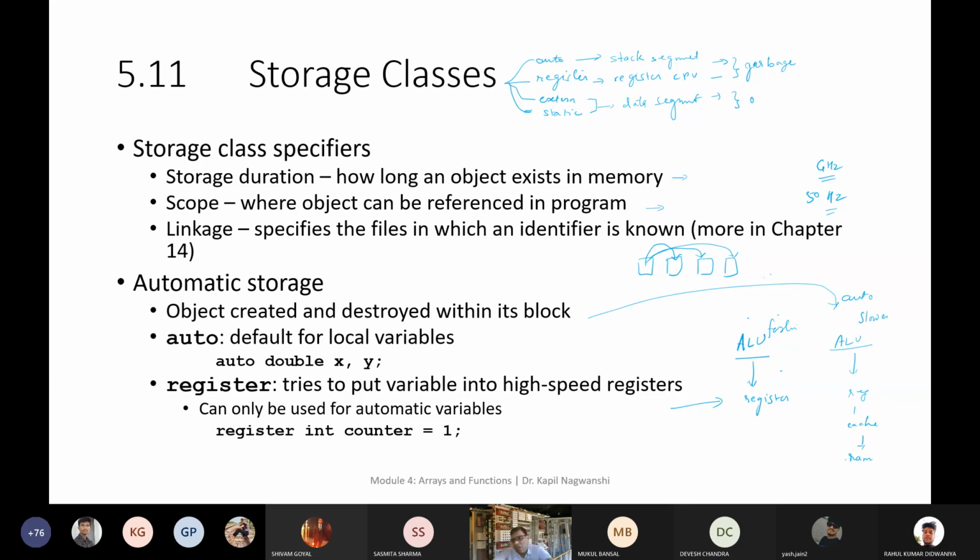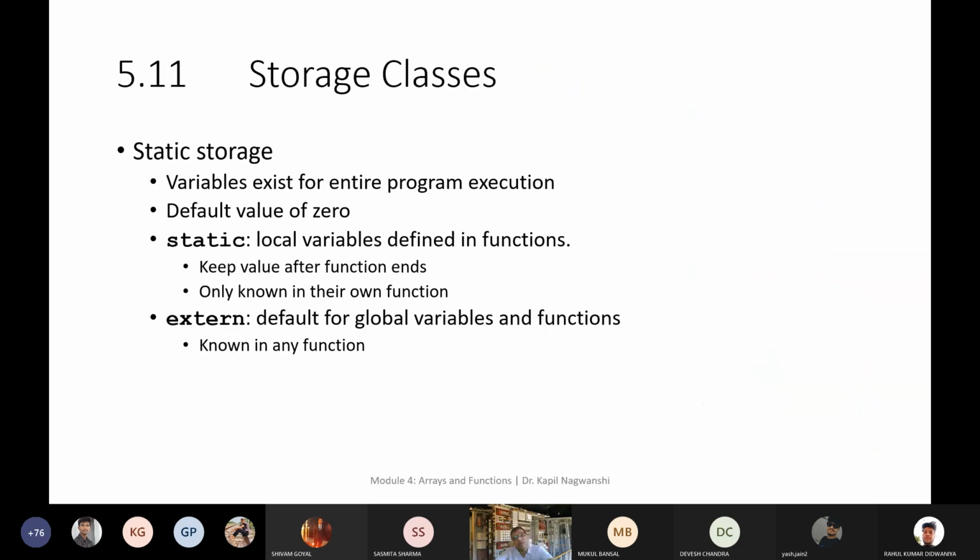So that's why nowadays, when you are using a register variable or an auto variable, there is no very major difference between the speeds. But at earlier times, because copper wirings were there, the frequency was also 400 megahertz or 200 megahertz. This is not enough to run text-to-speech or speech-to-text sort of programs. So at that time it mattered a lot. But nowadays there is no meaning of using a register variable.